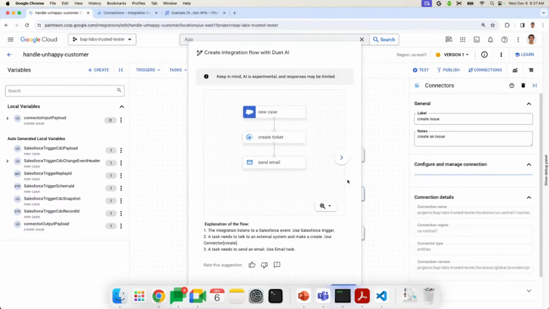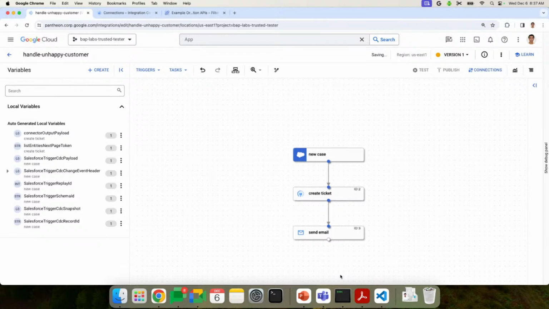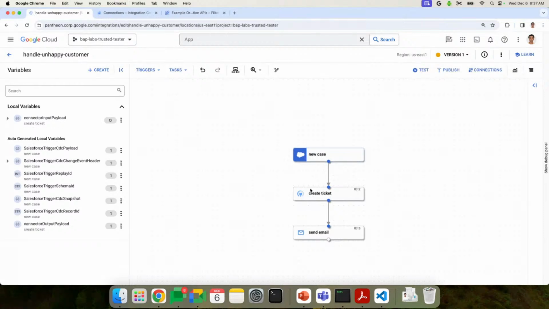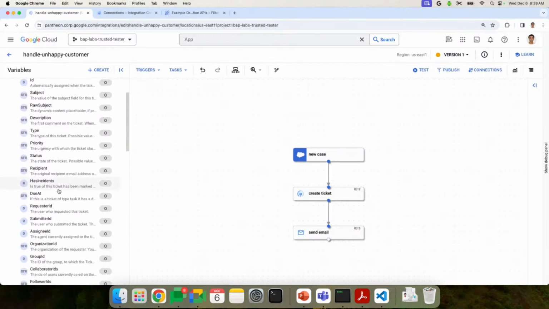Again, the flow itself is pretty straightforward, same as what we had seen. Let me minimize this a little bit so that you can see. Once I click on confirm, the flow itself is pretty much the same, right? It's this new case. As I said, I transposed, but the AI was still able to understand. It is not just about creating a ticket and sending an email. The most important aspect is that it changed: if you remember, I said issue in the first prompt, and in the second prompt I said ticket. Ticket is not an object within Jira. Ticket is an entity within Zendesk.